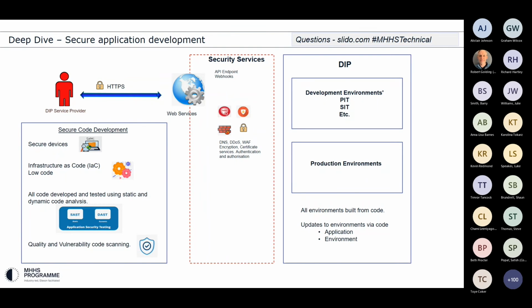Safe to touch on here is that all storage within the DIP will be FIPS compliant, encrypted storage, immutable, so that it retains its integrity. And again, anything that comes out of the core development in terms of defects will be passed into the change management process and service management. So visibility from all levels will be had.